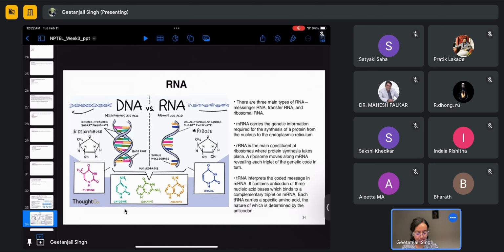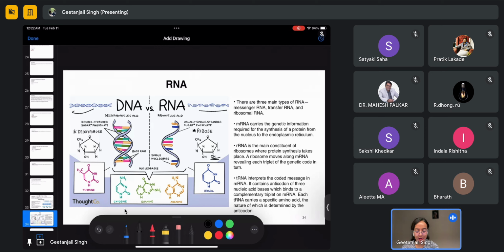This has an additional hydroxyl group compared to deoxyribose. And instead of thymine, which we see in DNA, RNA has uracil. You can compare the structure of thymine and uracil. You can see there is no methyl group in uracil. There is one in thymine. It just makes it more stable,